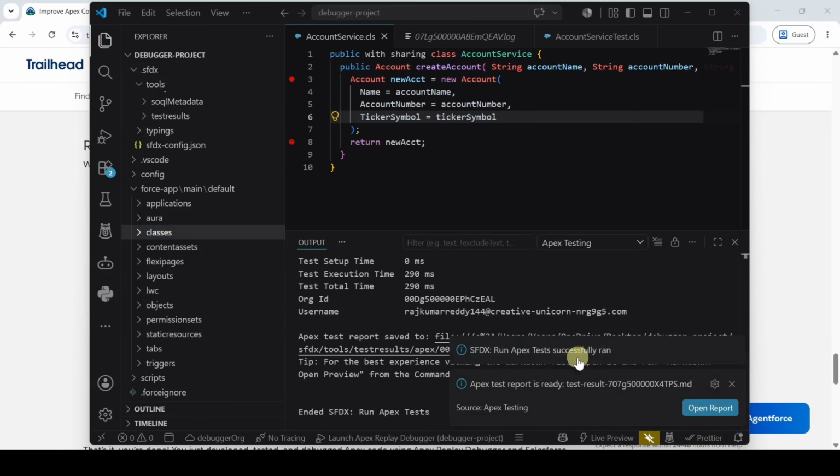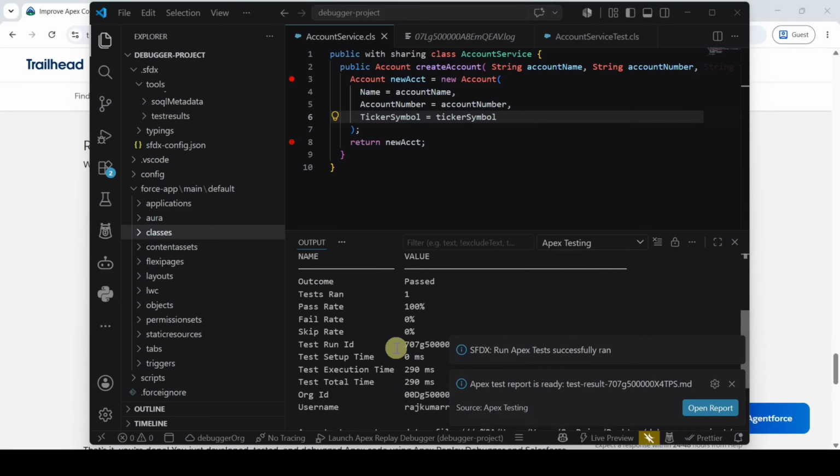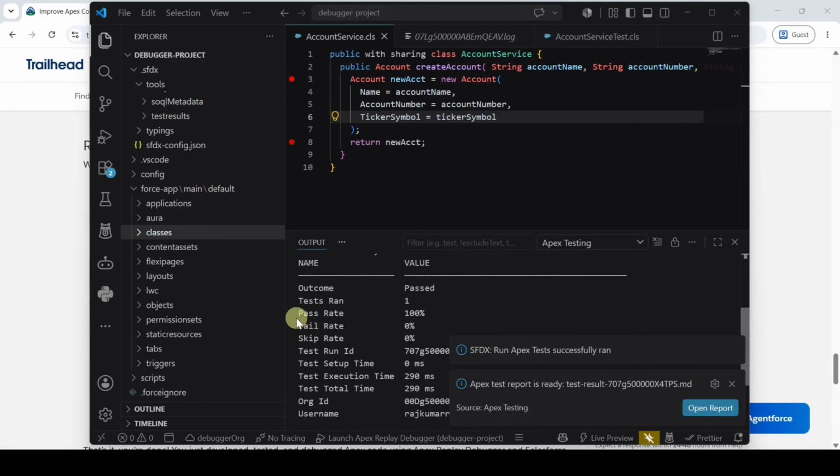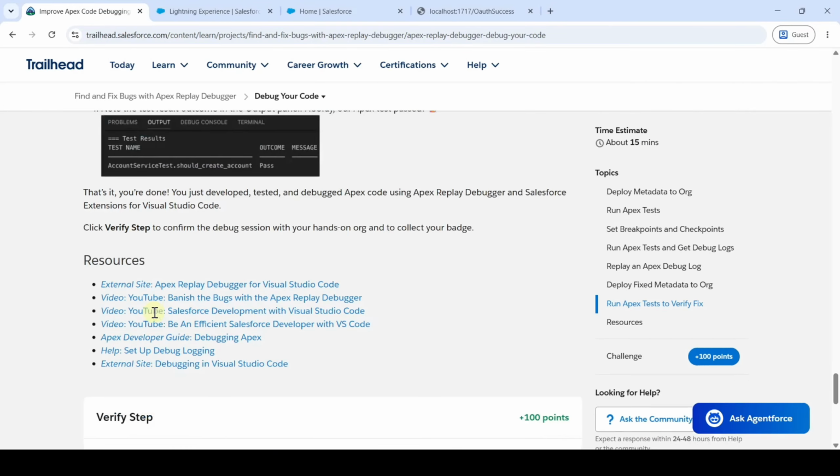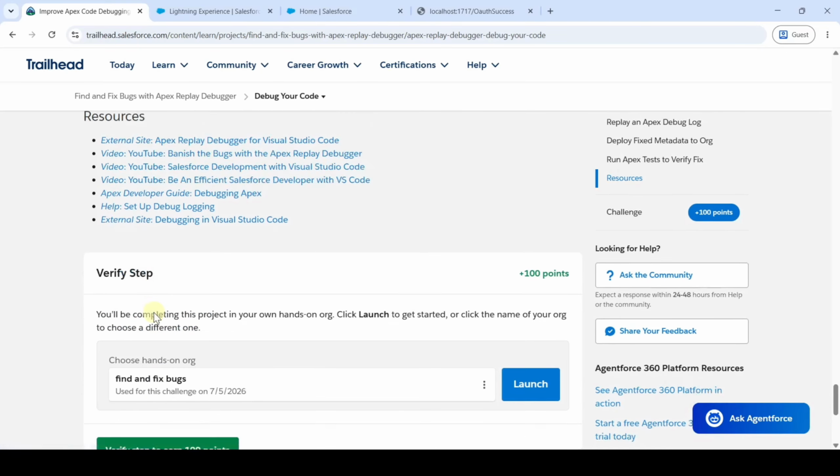So yeah, the Apex test successfully ran and the report is also generated. Here we can see that the pass rate is 100%, which means we successfully fixed all the errors in the Apex classes. So this is about the challenge for debugging your code.